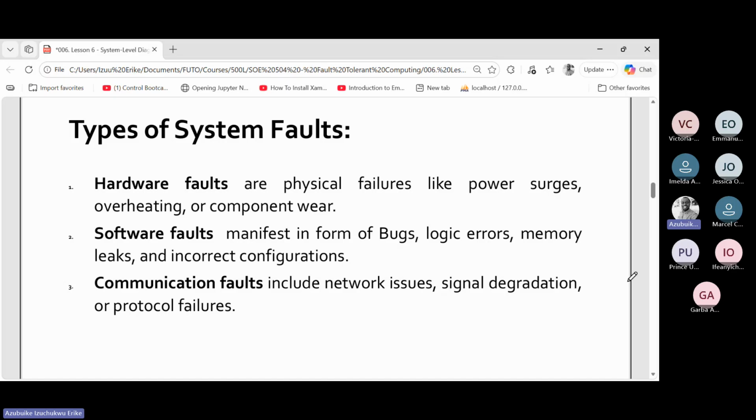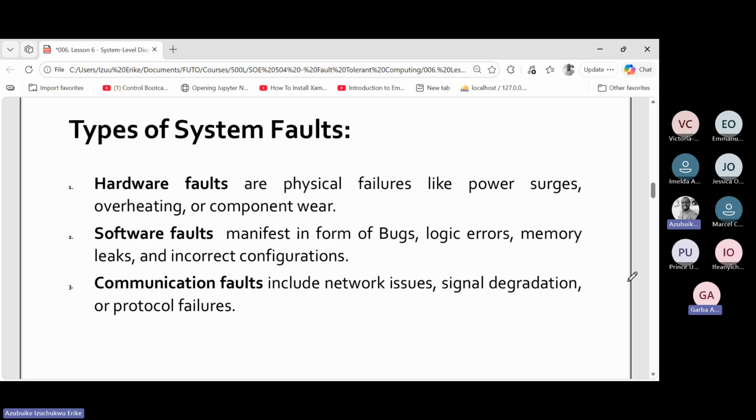And then we talk about software faults, and these ones are a kind of misbehavior in the program that you have written to control certain things. The hardware may be intact, but because of a bug in the software, the system may not be functioning well, because the control which is performed at the software base is not actually working properly. And that may lead to communication faults like network issues,